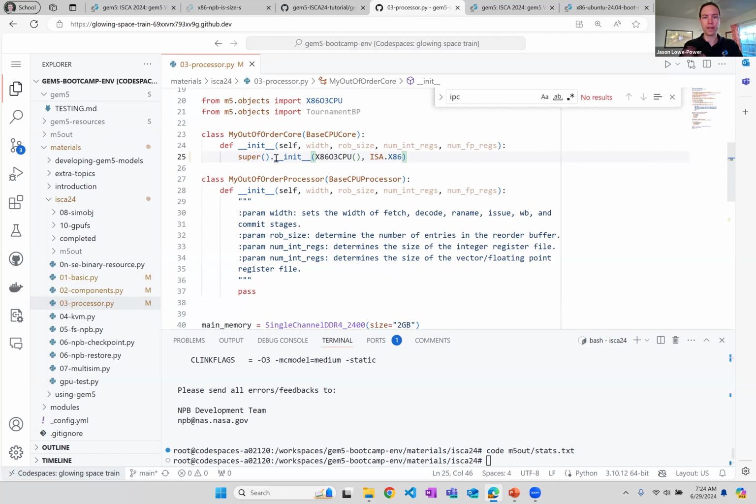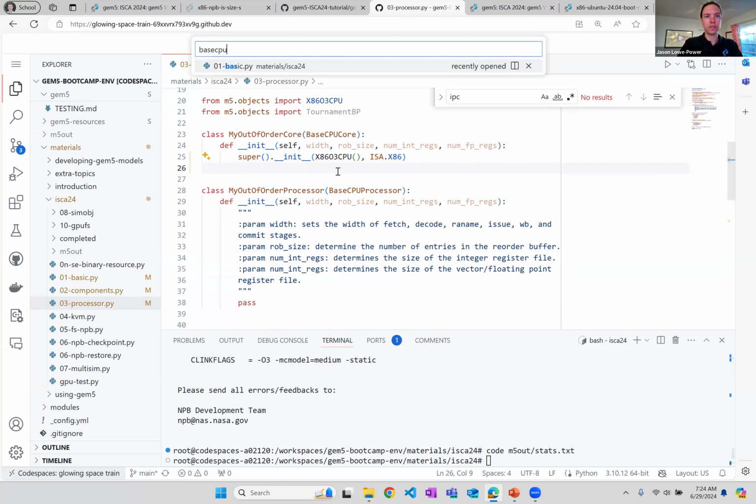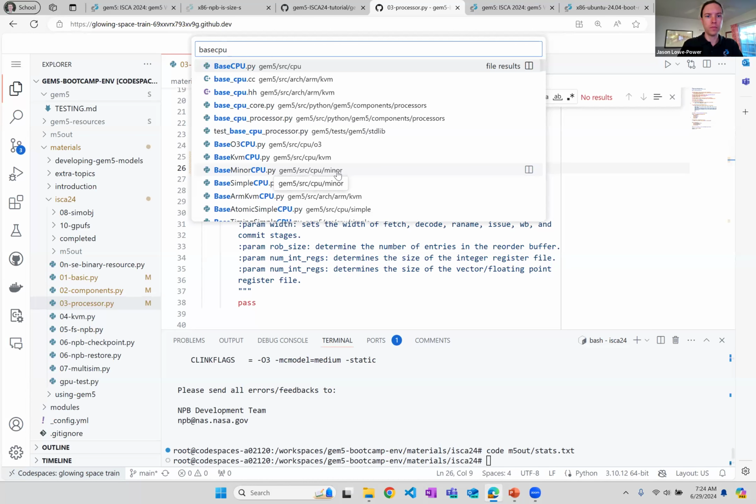It's a little bit repetitive, but there are reasons that we have to do it this way. Okay, so after the base CPU core initializes the C++ model for us, we want to override some of these parameters. So we want to be able to set the width, the ROB size, etc. So if we look at the base CPU core, so if you look at base O3 CPU,